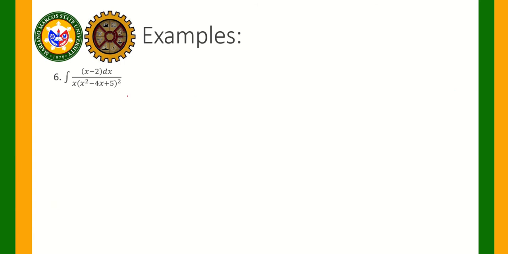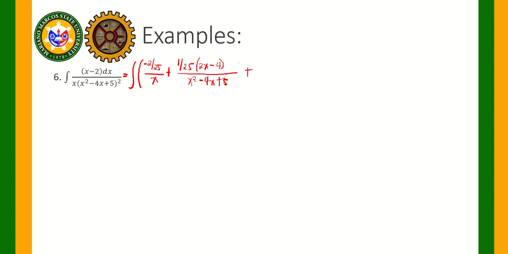formula. So, this will be equal to the integral of what is A, that is negative 2 over 25 all over x, and then plus 1 over 25 times 2x plus 4, minus 4, sorry. That is 2x minus 4. Yan, 2x minus 4 plus C over x squared minus 4x plus 5. And then,